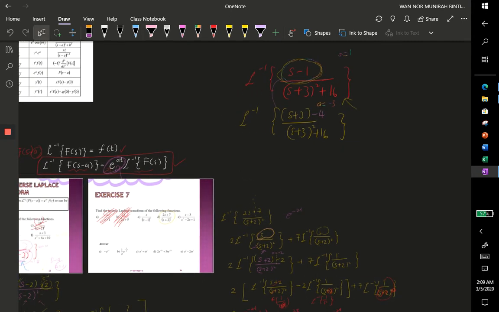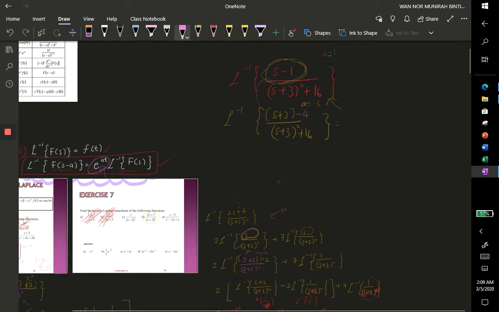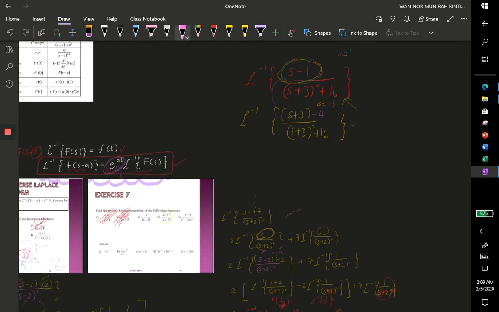So you need to apply the linearity property. I have Laplace inverse of s plus 3 over s plus 3 square plus 16, and another one is minus 4 Laplace inverse of 1 over s plus 3 square plus 16. Okay, alright, be careful